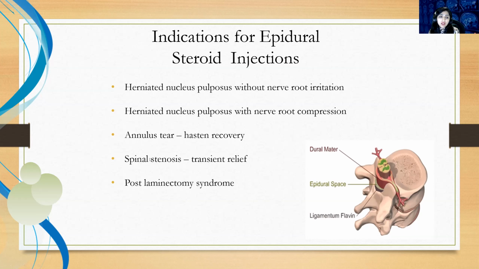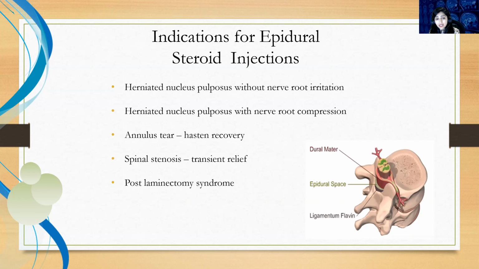And then another indication, as I already described, is spinal stenosis, one of the indications for epidural injection, because spinal stenosis is multifactorial, and multiple levels are involved, usually in old age patients. So we cannot inject all the areas. We cannot give 10 or 12 injections to a patient. So we prefer doing epidural steroid injection. But again, for spinal stenosis, we have to be careful to choose the level, because if we choose the level where there is very severe spinal canal stenosis, then the first thing is that it's very hard to inject in that space.